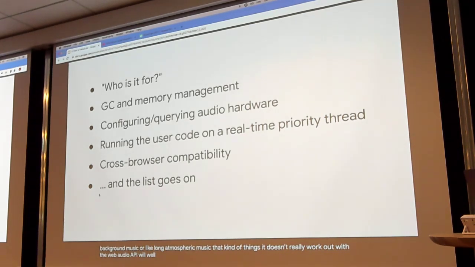Also, the Web Audio API largely lacks control over the audio device. So AudioContext is somewhat magical, and the rendering model is very rigid. That means the Web Audio API always renders in 128-sample frames. So anything outside of that ordinary, you're going to have a bad time. And as you already know, we have some cross-browser compatibility issues between Safari, Firefox, and Chrome in terms of Web Audio API implementations, and the list goes on. But these are the most critical problems that we had to deal with, off the top of my head.